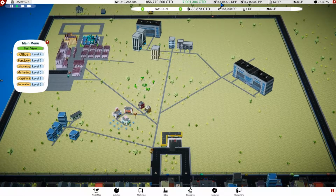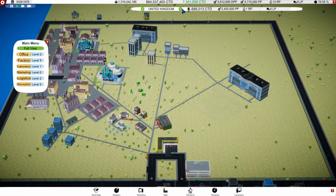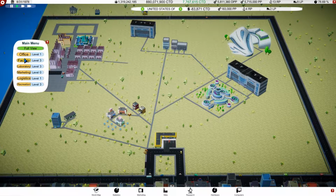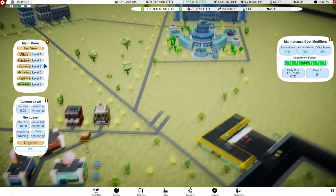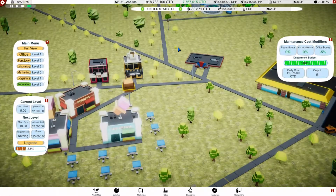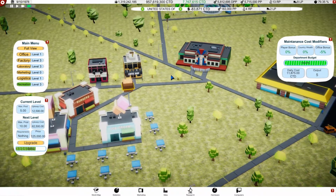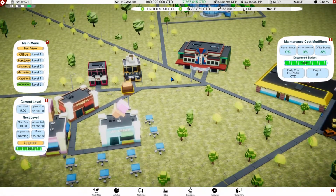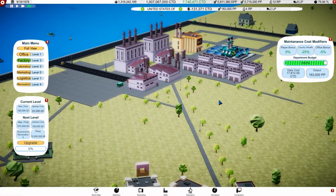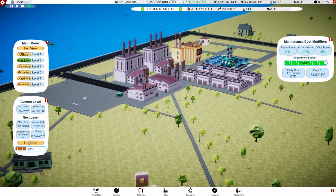Factory level 3. Yeah, okay. The United States, I definitely want another level 4 factory here. So let's go ahead and bring that up. I know I'm losing out on manufacturing capacity. Okay, and then let's go ahead and go to the factory and upgrade that. And we have 8 logistics points now, so we can go ahead and buy into